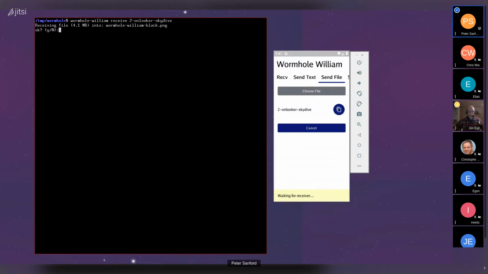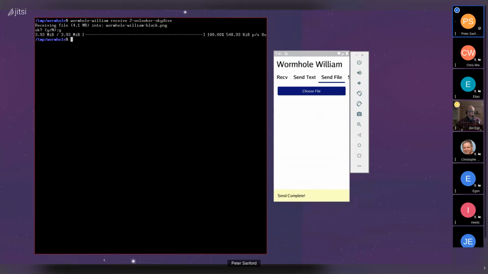We establish a connection and have already done the key exchange at this point, and now the phone has sent some metadata saying here's the file size and the name of the file, and we're given the option to accept or reject the transfer. So we'll go ahead and accept it, and after a few seconds of actually finding each other on the internet, we get the file transfer, and then that file shows up locally.